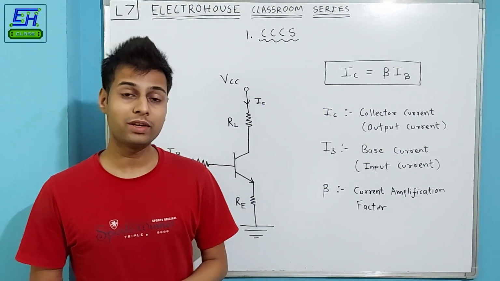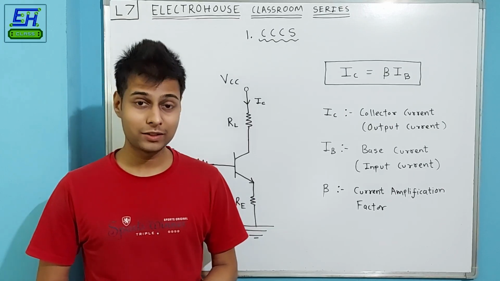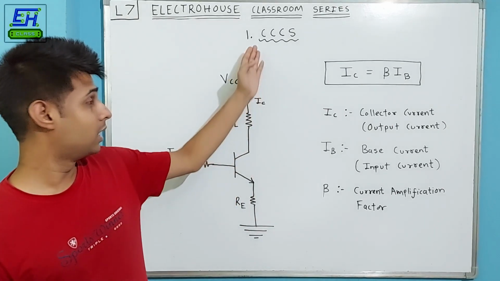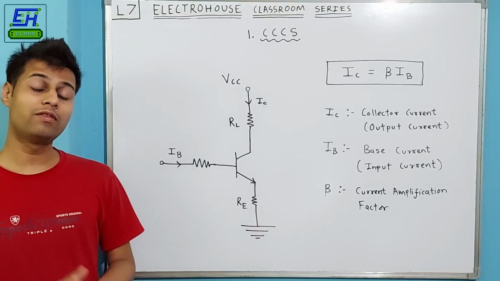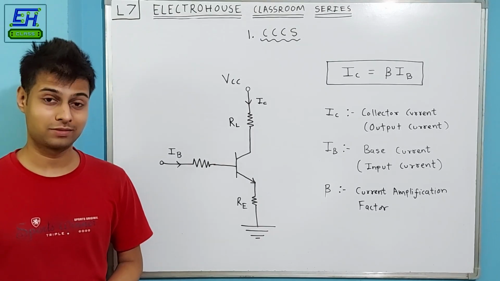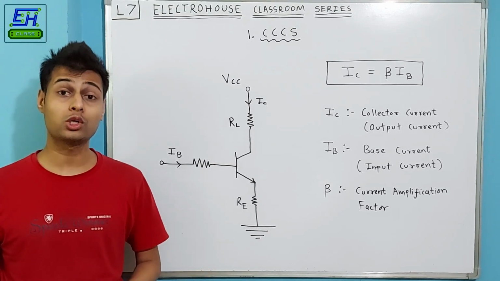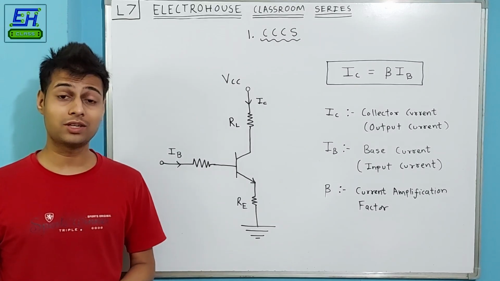Okay, so we'll one by one see the applications of dependent electrical energy sources, in which the first one is the current controlled current source. So how will we implement the current controlled current source? Simply by using transistors, and more specifically bipolar junction transistors or BJTs.